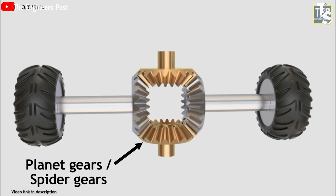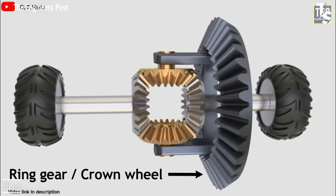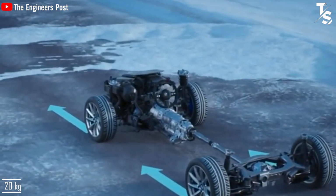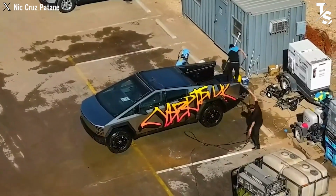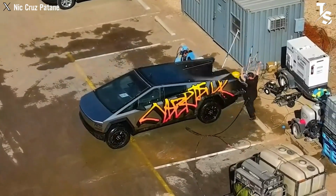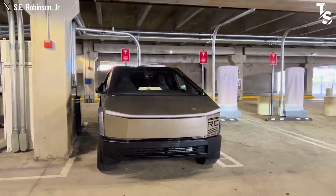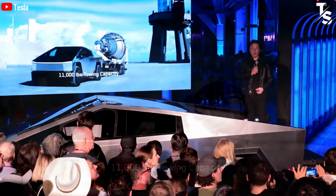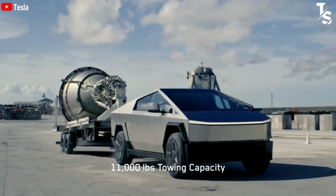The compact design of the electric differential lock, with dimensions of around 20 km and a weight of approximately 20 kg, contributes to saving space and reducing the overall weight of the Cybertruck. Moreover, this design ensures a lifespan of up to 100,000 miles, a crucial feature that enhances towing capability and performance